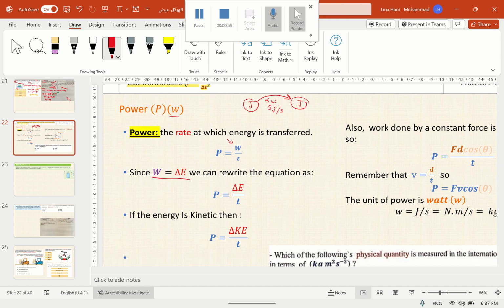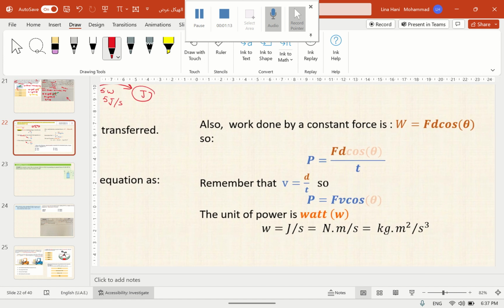Now, since the work is equal to the change in energy according to the work-energy theorem, we can write the power equation as follows. If the change in energy was a change in the kinetic energy, then we can write the equation as follows. Remember that the work is equal to Fd cosine theta, so if we substitute power equals work over time, and instead of W put Fd cosine theta, then the equation for power becomes P equals Fd over t. If the angle between F and d is not 0, then don't forget to put the cosine here. If the angle is 0 or not mentioned in the question,